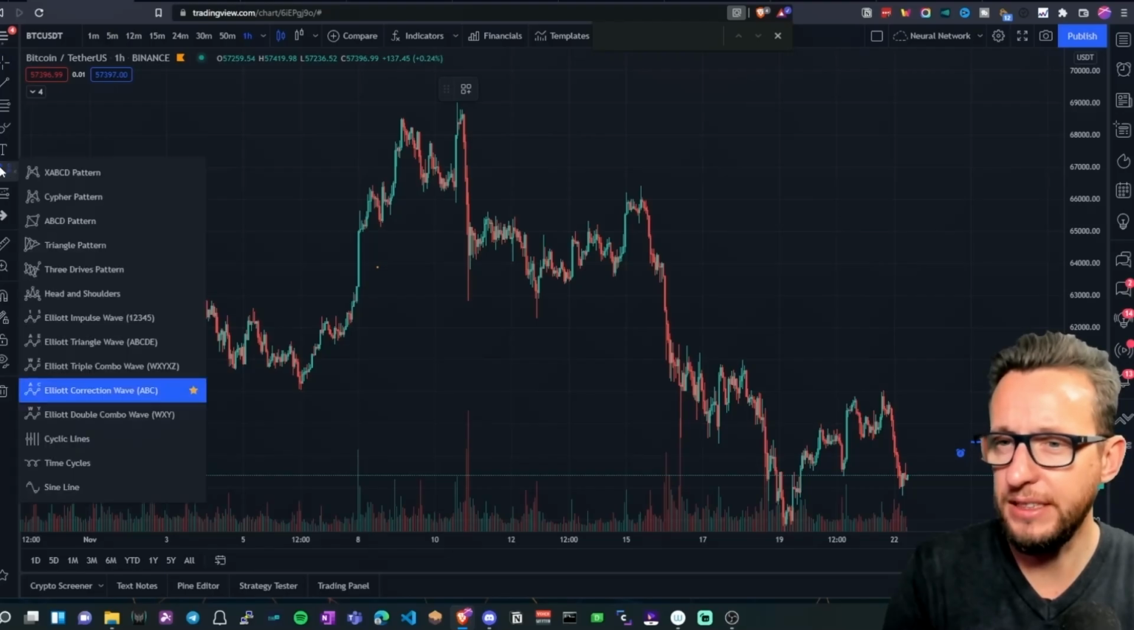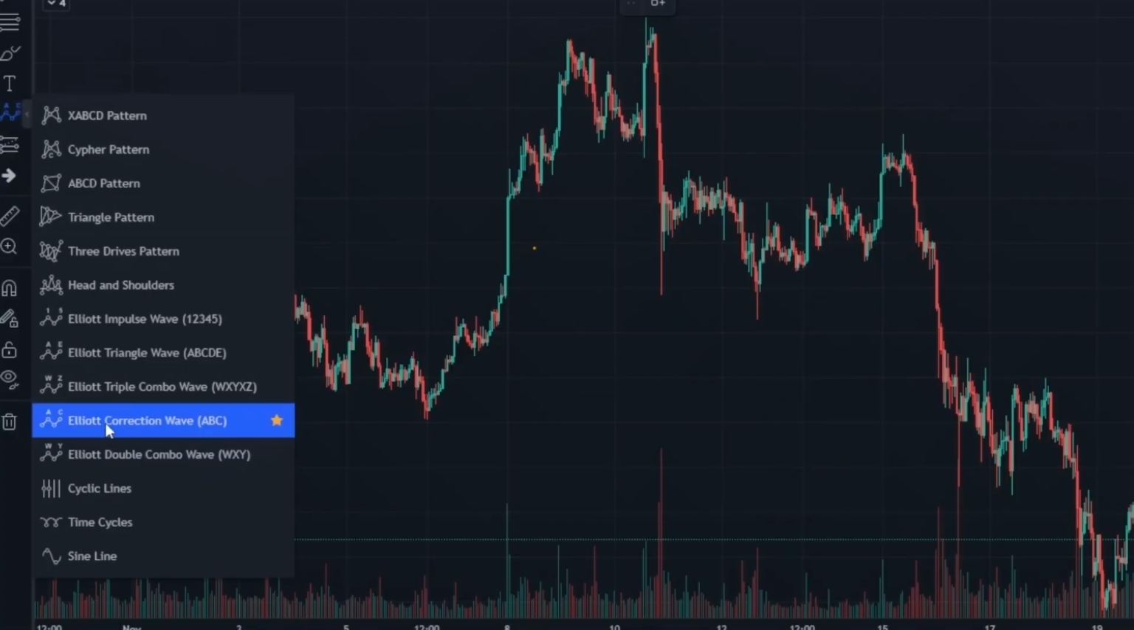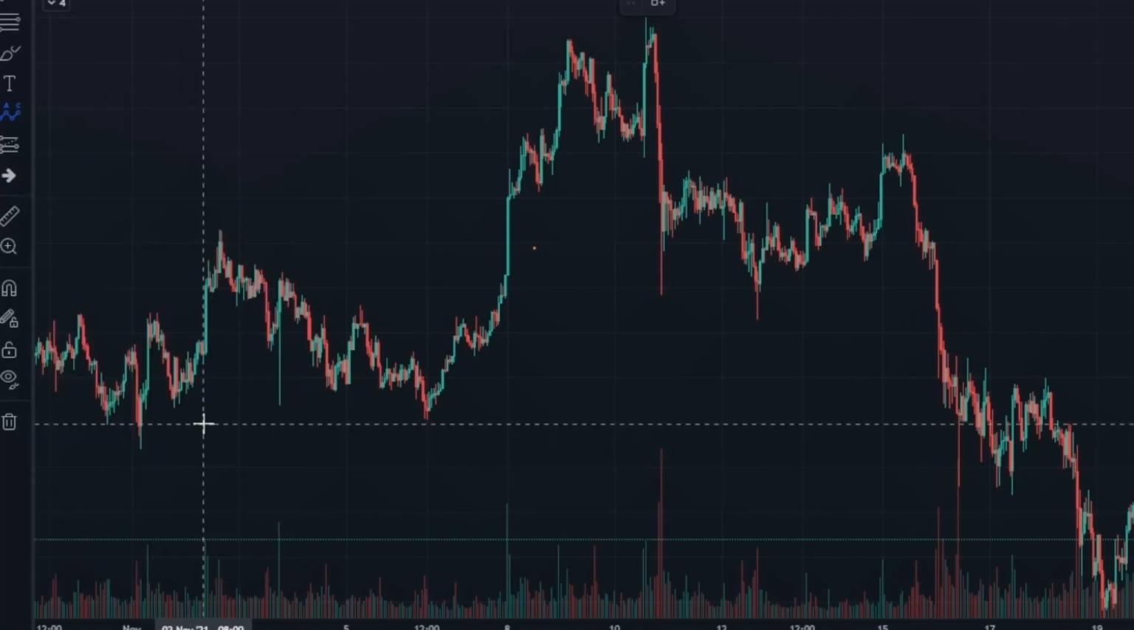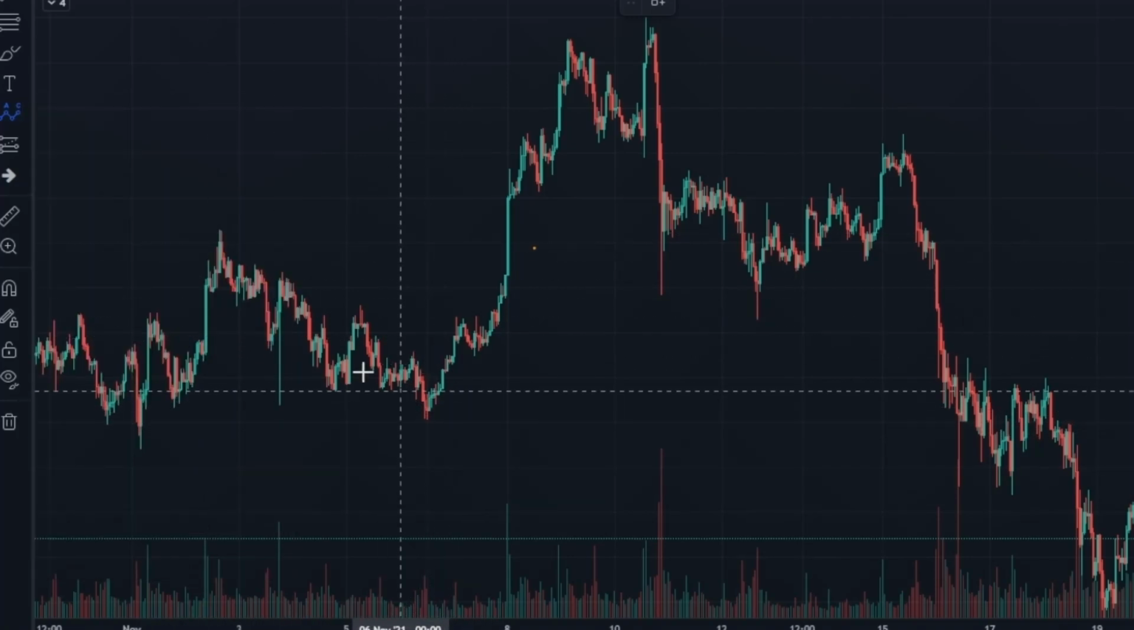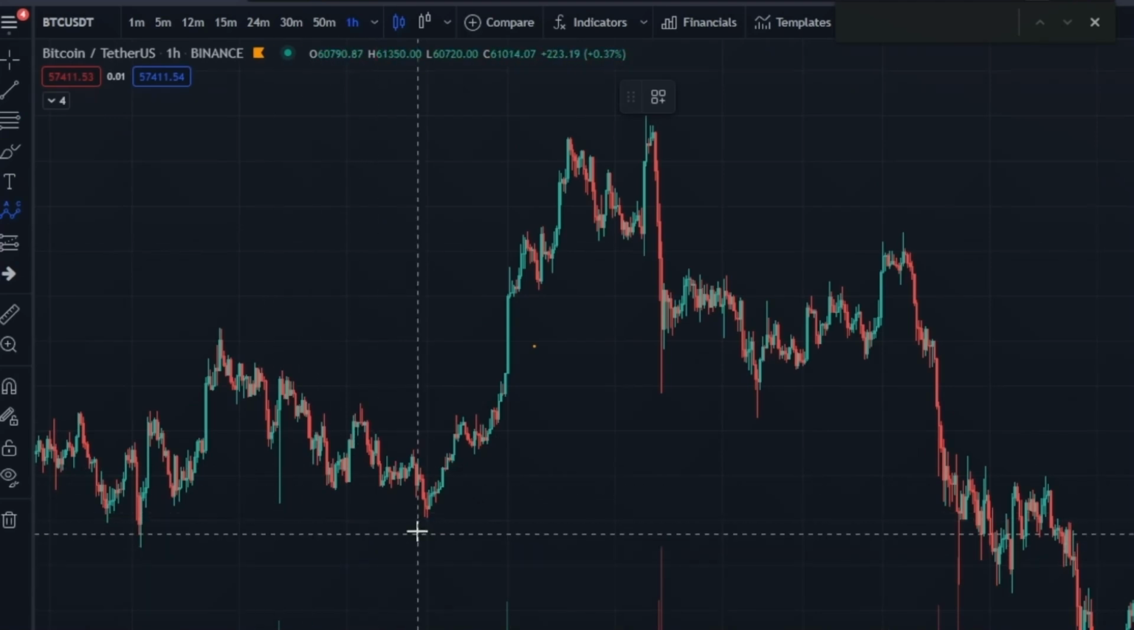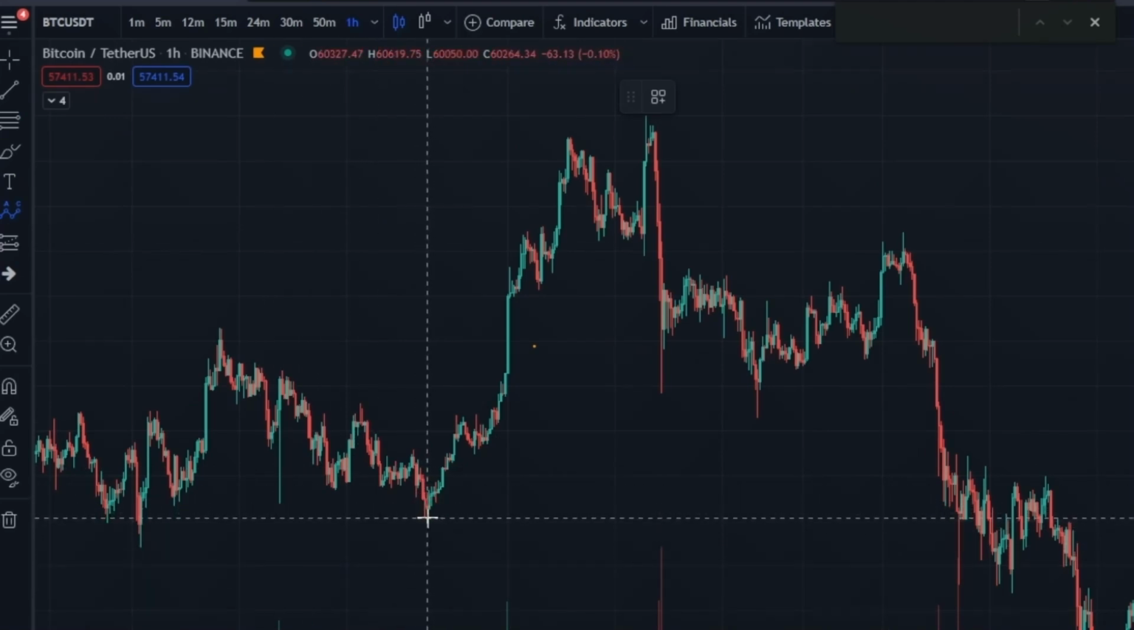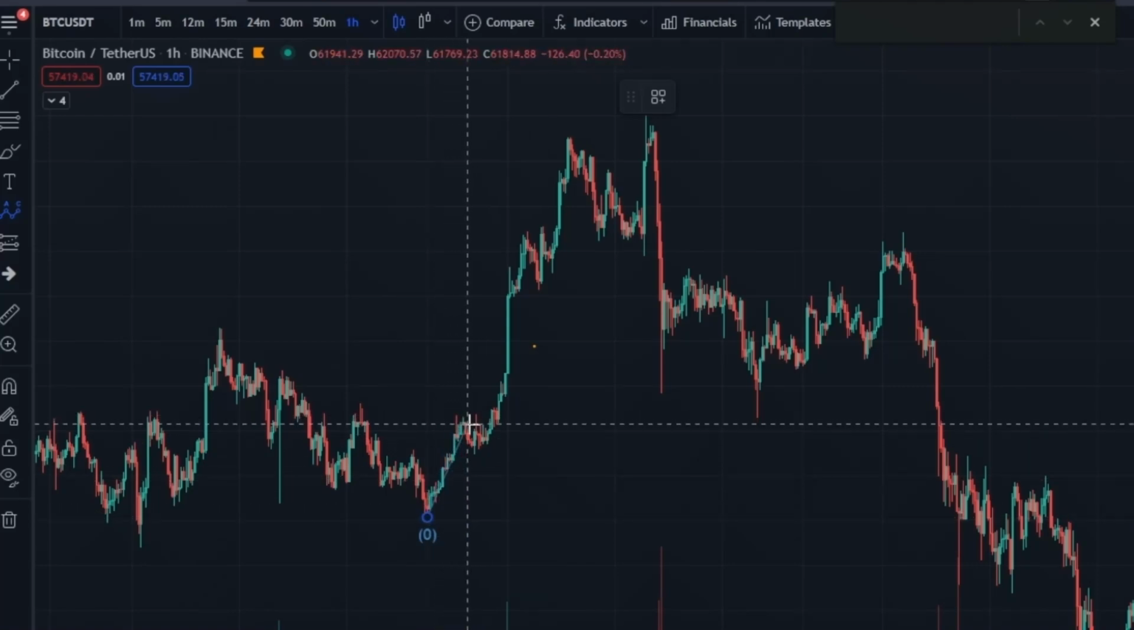So we're going to be using this tool here, which is the Elliott wave correction wave tool. We won't be having any indicators on the chart because we're just going to be looking at price action. So the idea of this strategy is that we're actually just going to click at the lowest point here to find a short. So we're going to go all the way up, and we're going to go higher highs,